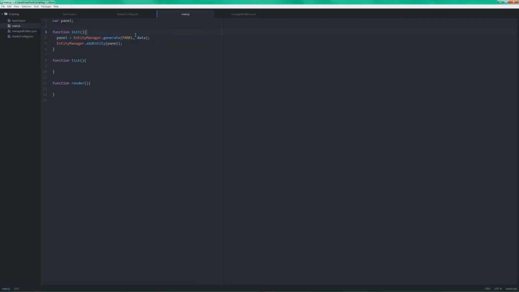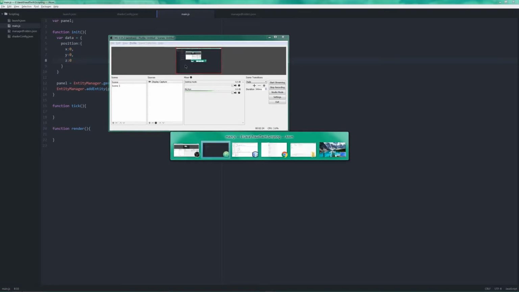And now we need to set data, so we're going to say var data equals a new JSON object, and this JSON object is going to have a position which is set to x colon 0, y colon 0, and z colon 0. So what this is doing is it is actually integrating with the actual classes in the engine